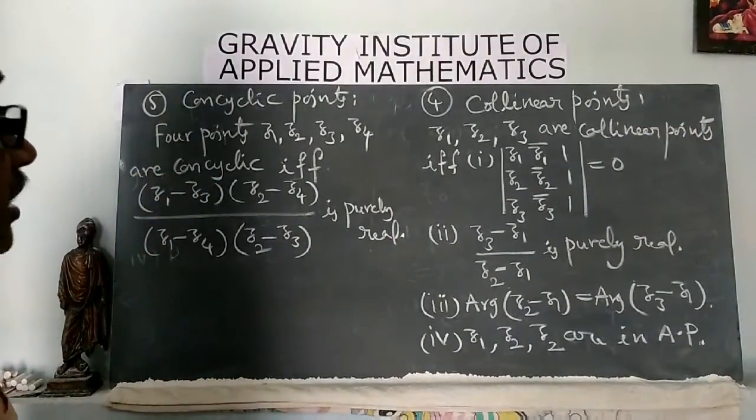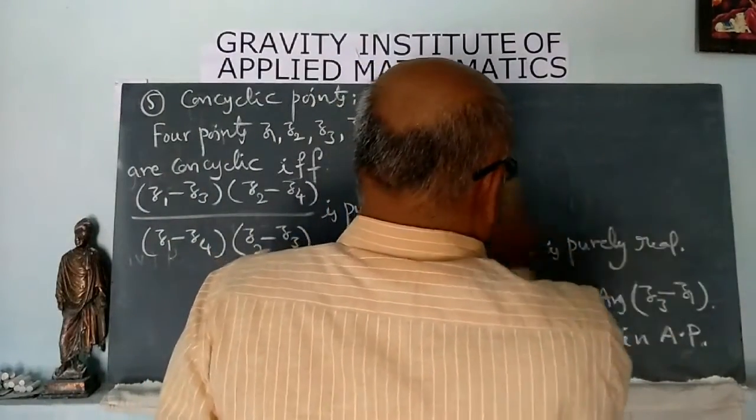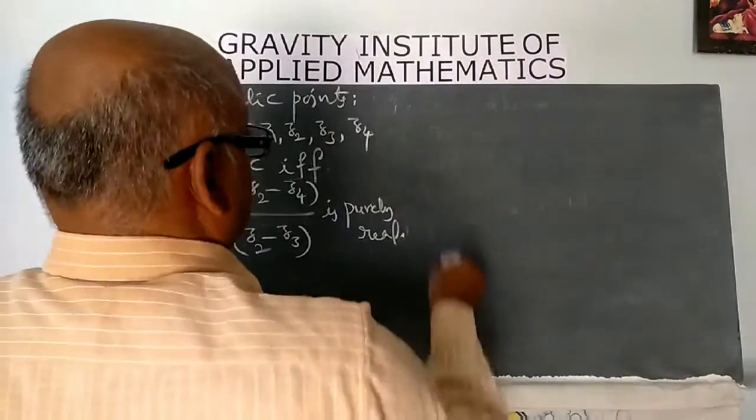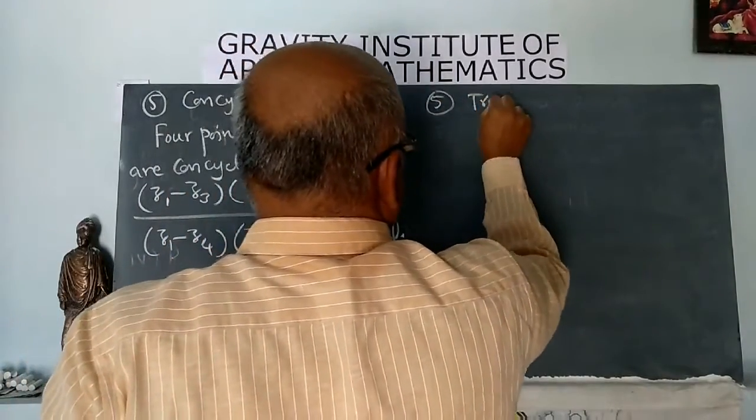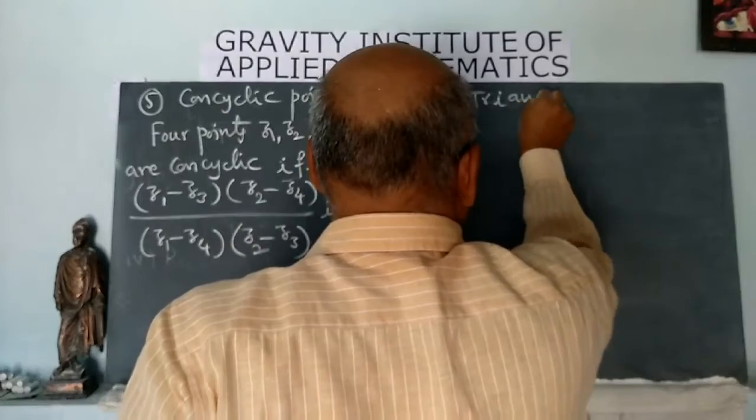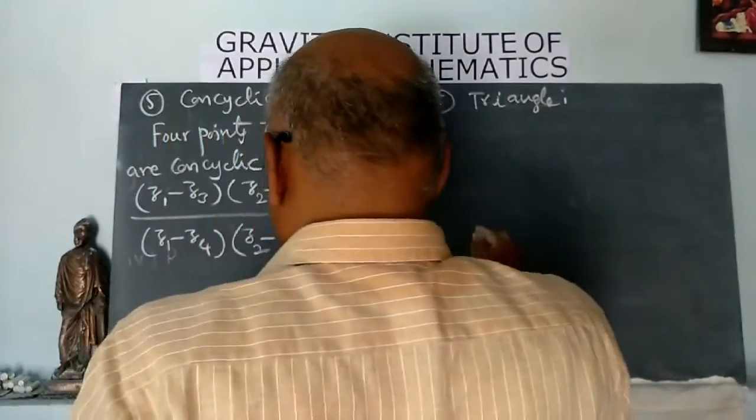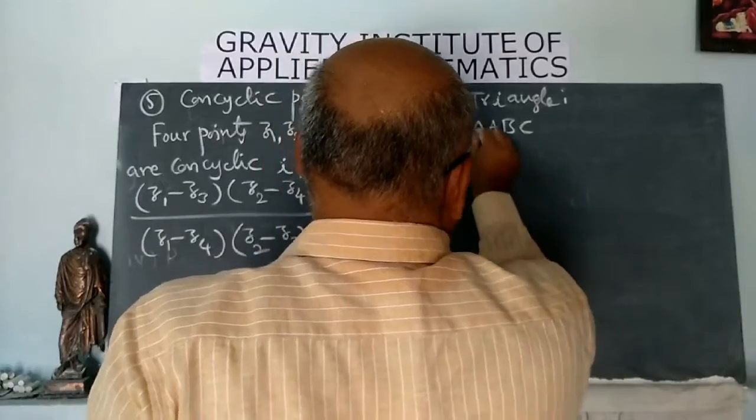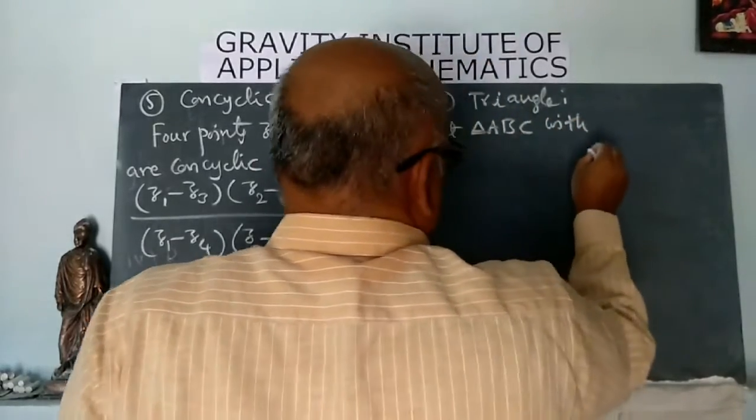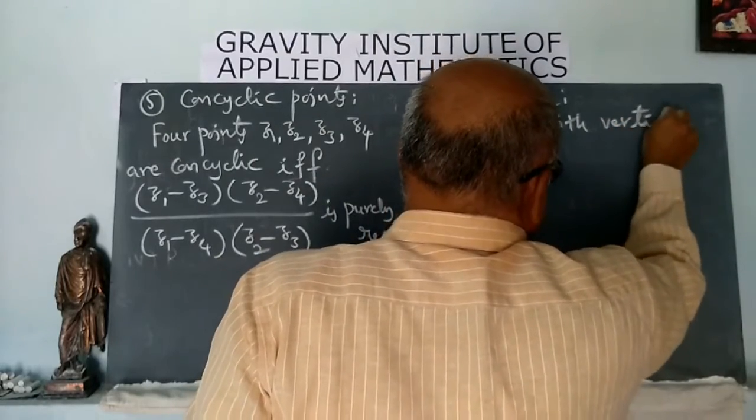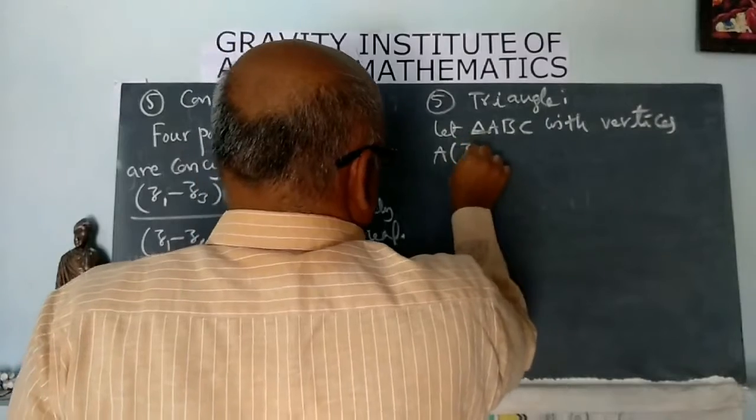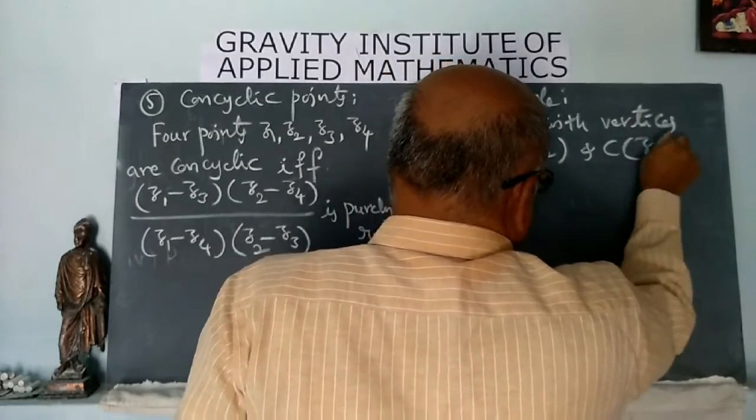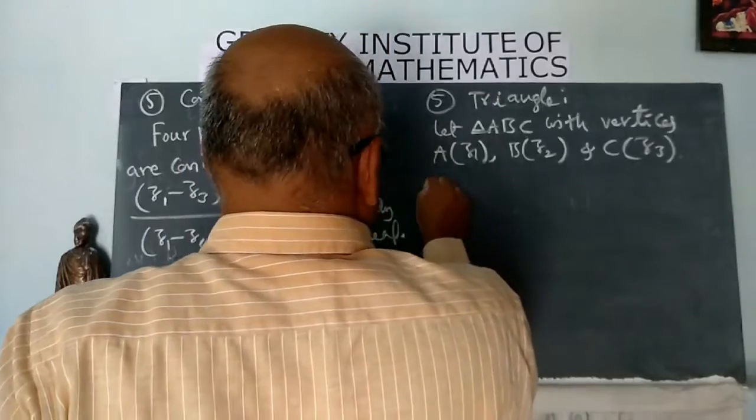Next, fifth result, triangle. Let triangle ABC with vertices A of Z1, B of Z2 and C of Z3, then